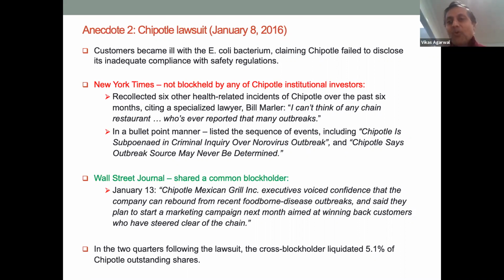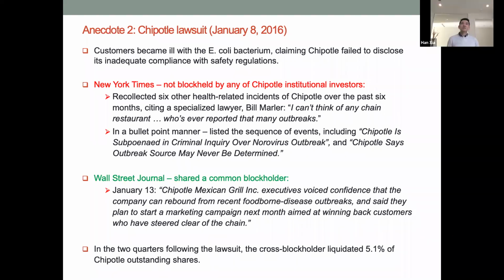No, it's more complicated. What I'm thinking is, let's say Chipotle has a competitor, let's call it McDonald's. Now McDonald's and the New York Times has block holding by another institution. Then McDonald's might influence that block holder and say, hey, you need to basically make this story big. So who should the New York Times listen to? You see my point. Yes, I do see your point. I think that's what makes this whole thing a little bit complicated.